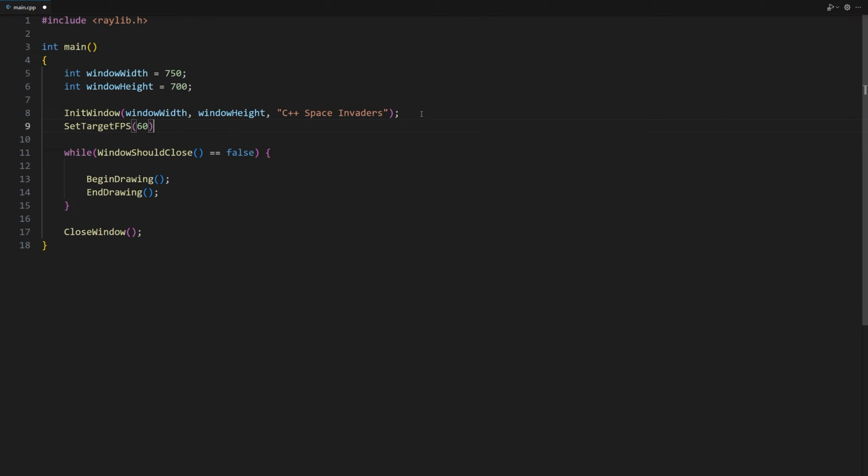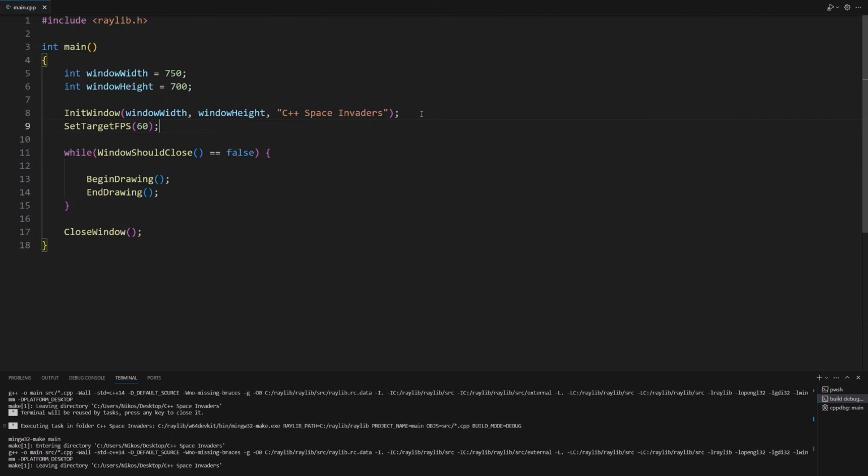If we don't define a frame rate for our game, the computer will try to run the game as fast as it can. So the game speed will depend on the speed of the computer. By defining a frame rate, we make sure that the game runs at the same speed for every computer. For this game, we defined that we want to run this while loop and update the display 60 times per second. Now that the game loop is complete, we can run the game for the first time.